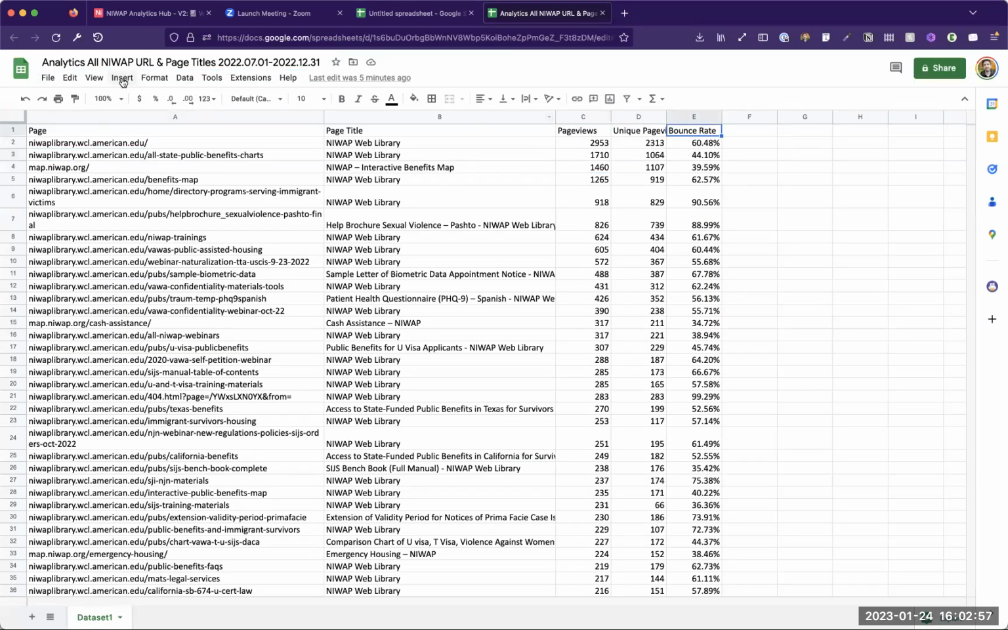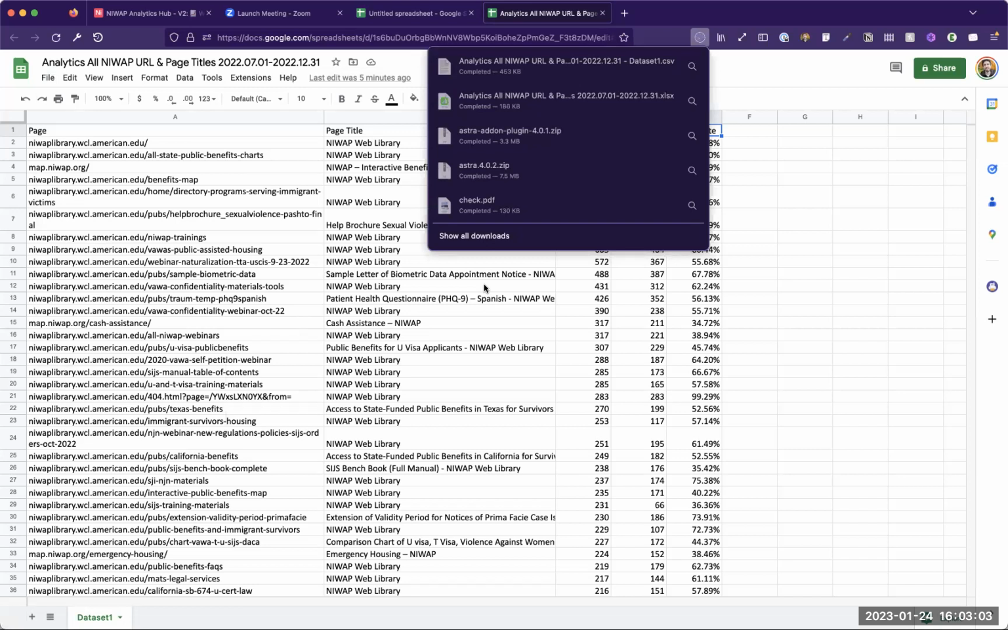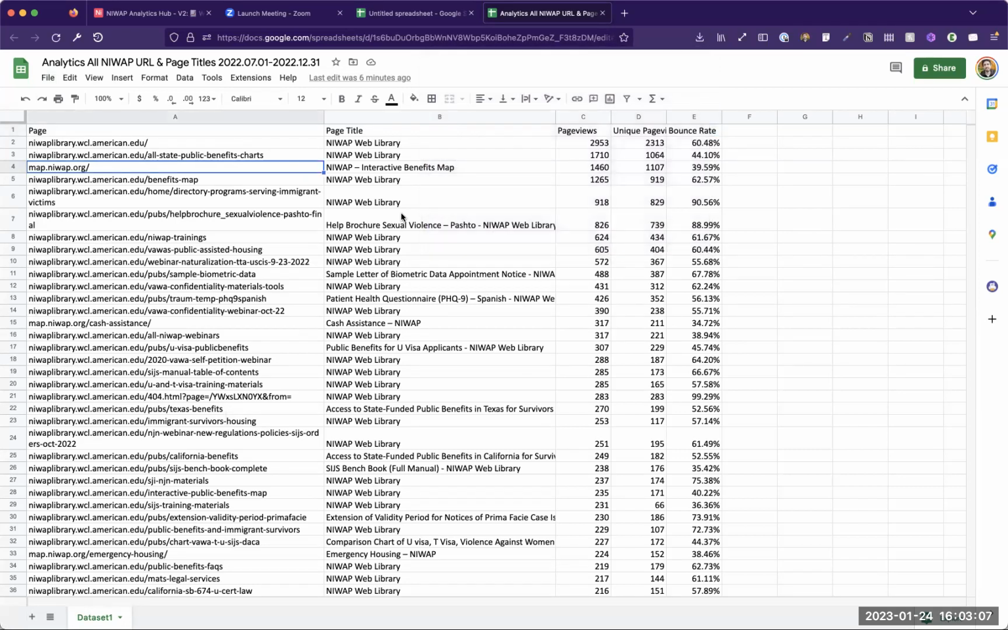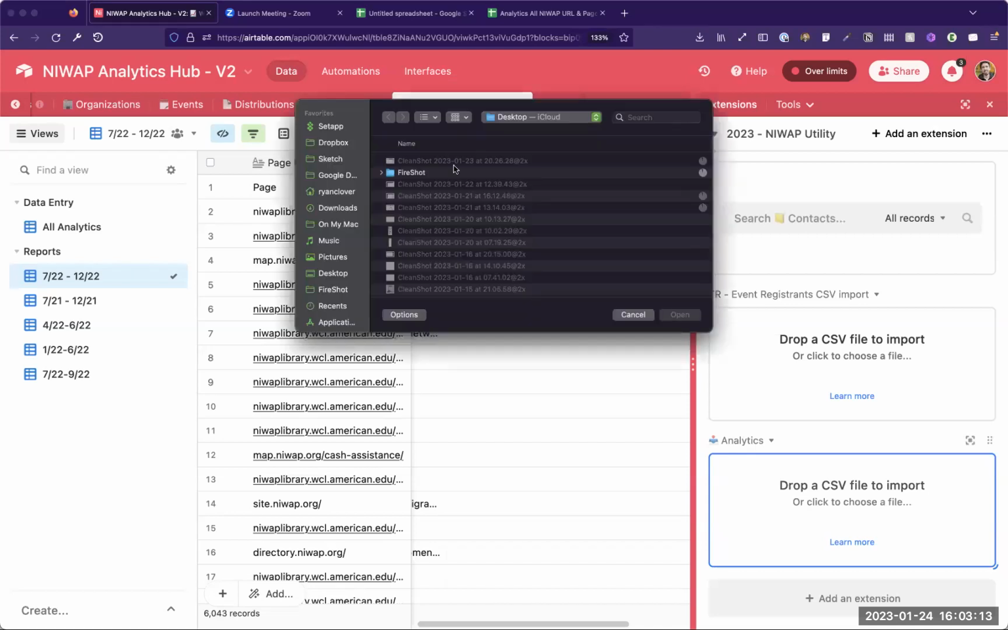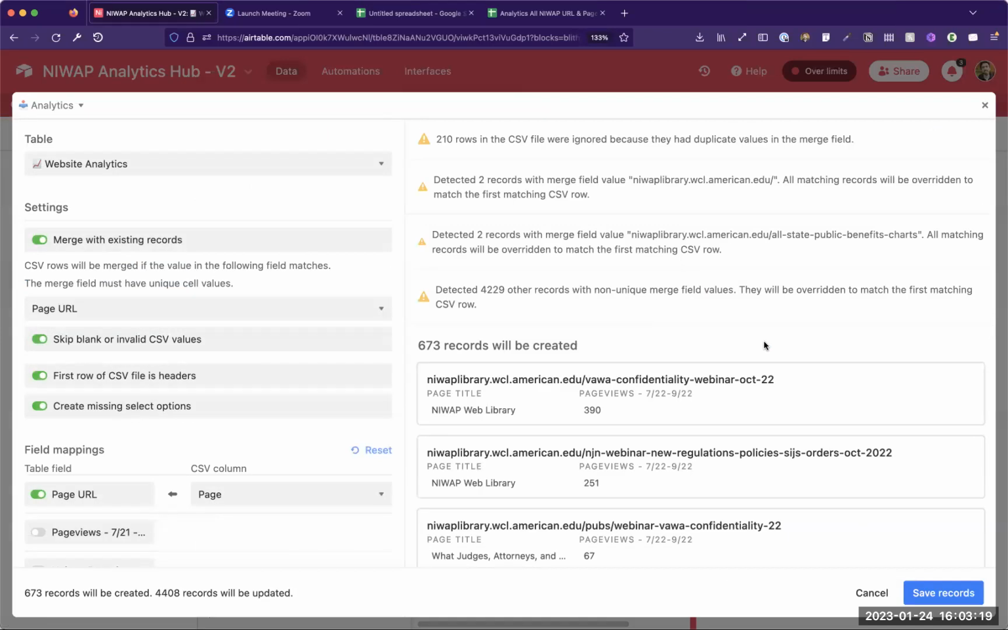We can import the bounce rate, but I don't think we've been tracking that. So is that correct? You haven't been tracking the bounce rate? No, we don't track bounce rate. No, it's because the federal government just asks for page views and unique page views. Okay, cool. So I just imported, and